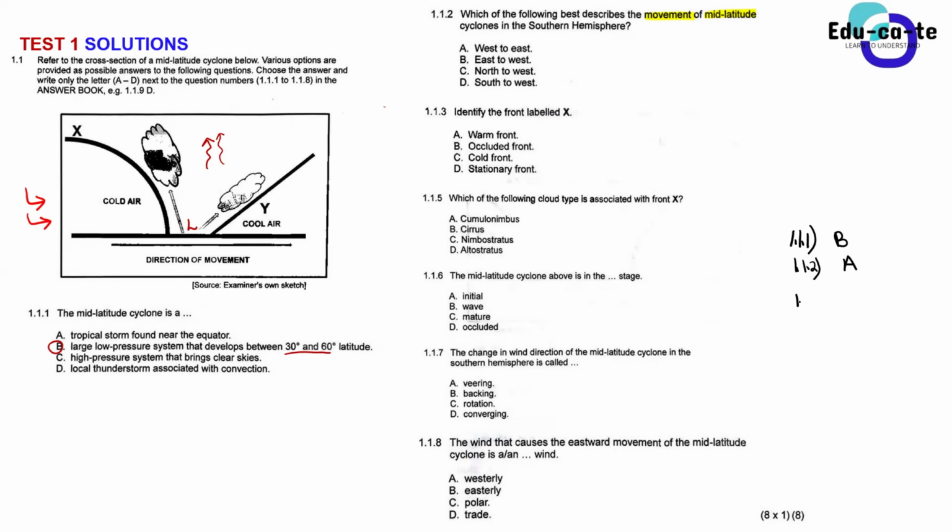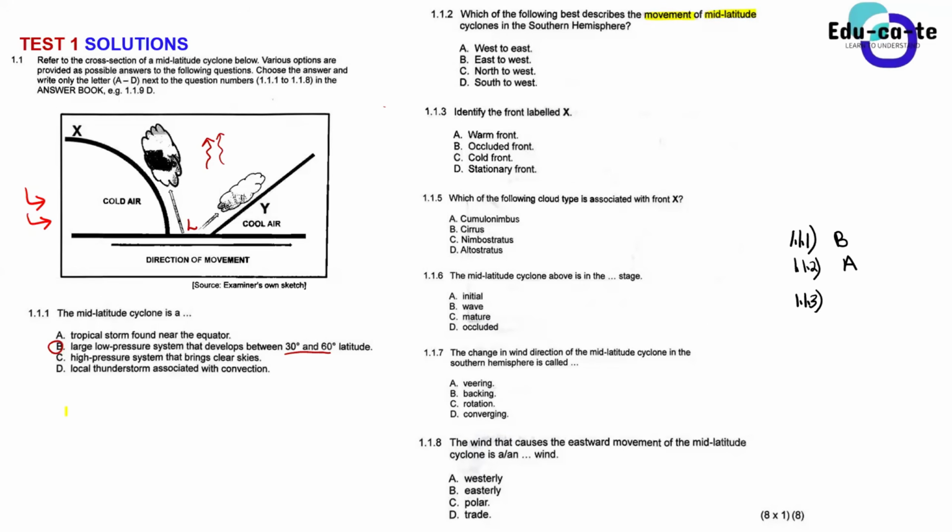And then let's go to 1.1.3. Yes, Trevor? So I wanted to ask, in the northern hemisphere, do we have a mid-latitude cyclone? Yes, there is also a mid-latitude cyclone in the northern hemisphere. Because remember that everything that happens in the southern hemisphere is the same as what happens in the northern hemisphere. We also have a polar front in the northern hemisphere. We also have warm westerlies and cold polar easterlies in the northern hemisphere.